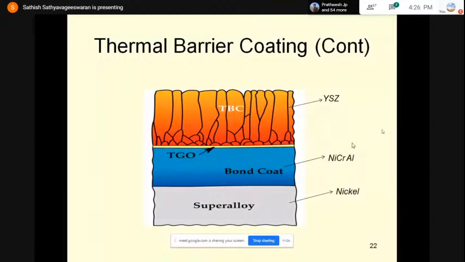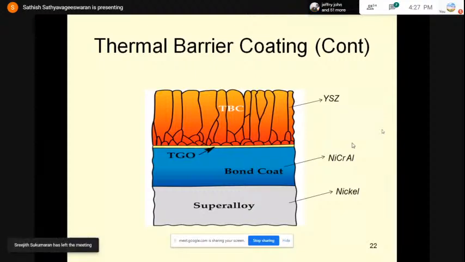So as a result of this, you have to introduce a bond coat in between this yttria stabilized zirconia coating as well as the nickel based superalloy. You can see a blue colored region, that is the bond coat, which is being intentionally introduced between yttria stabilized zirconia and nickel. This bond coat will make your yttria stabilized zirconia coating react with the flue gas. Thereby it will form a layer, that is nothing but alumina, Al2O3. That alumina is referred to as TGO, that is